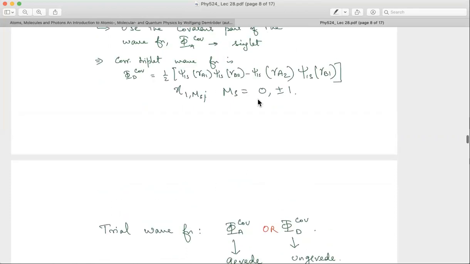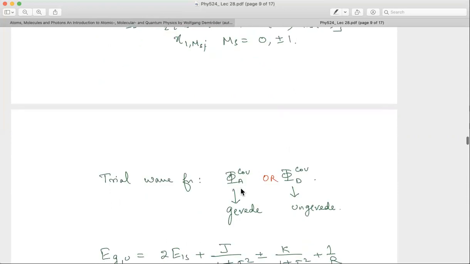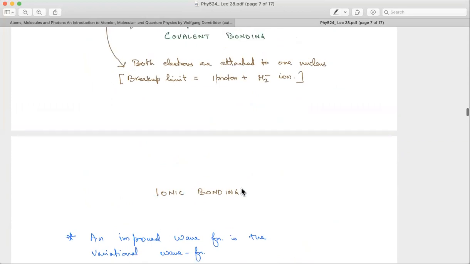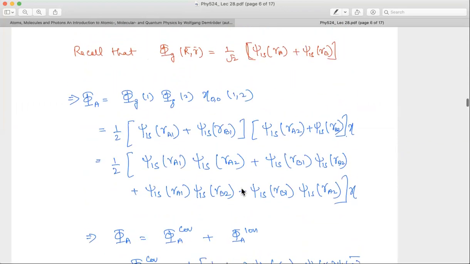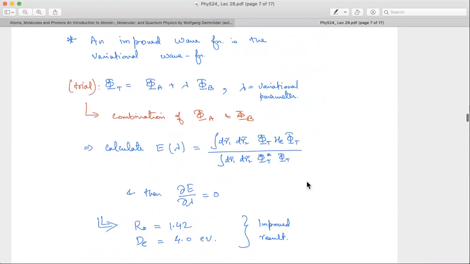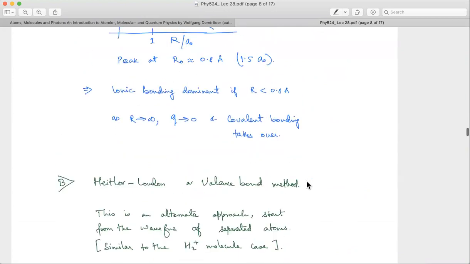Okay. That is number one. Or you can use just the covalent part of A, basically. So we had a covalent part of A, etc. Okay. Which was here, basically. So, or I can start with this wave function, basically. Okay. And then try to construct. So this wave function, the covalent part of A, is basically antisymmetric in space and symmetric in the spin state, etc.